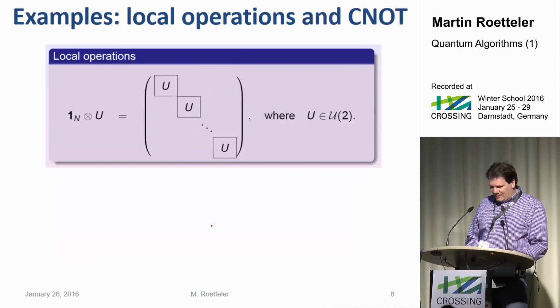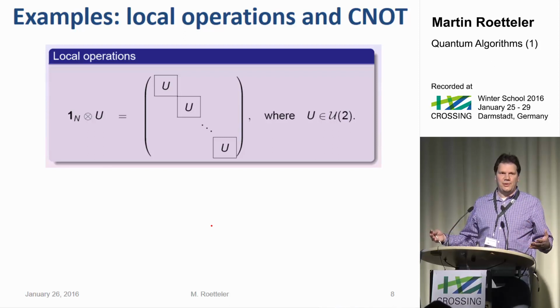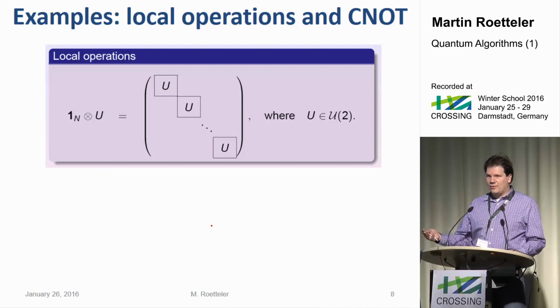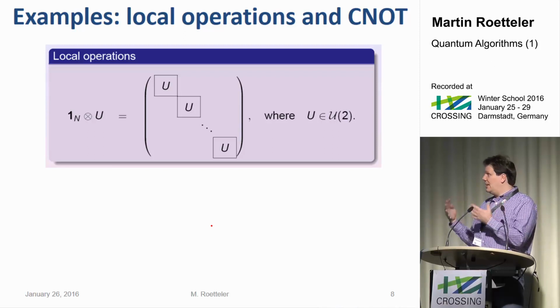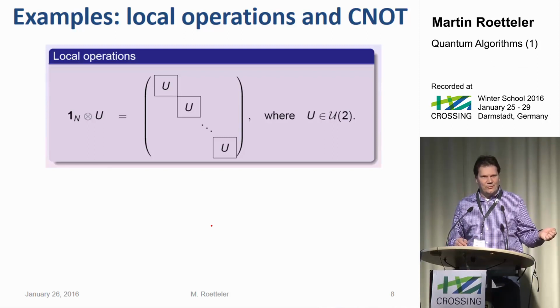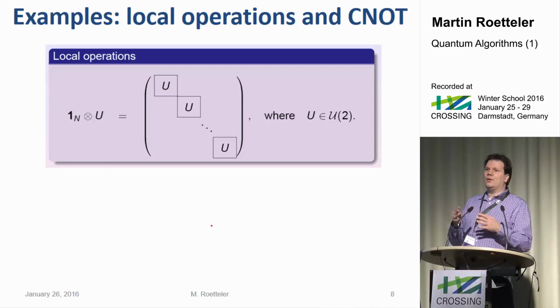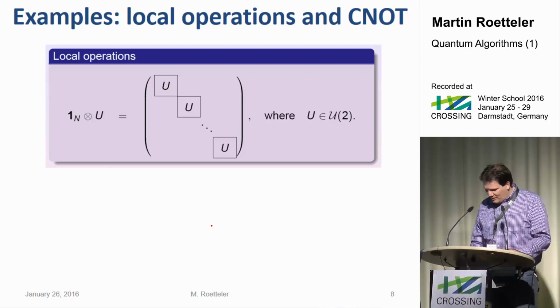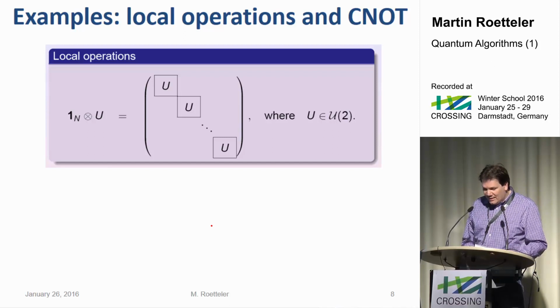That's probably pretty basic. Let me talk about how to build up large-scale operations. That's called the universality theorem. I will give you two flavors of that. One is exact universality: if you have a continuous set of rotations available, you can, in theory, implement any unitary. But that's not a really realistic scenario. It's more realistic to assume you have a discrete set of operations. Then the question is how well you can approximate using that set. I will give you just a hint of how these two scenarios play out.